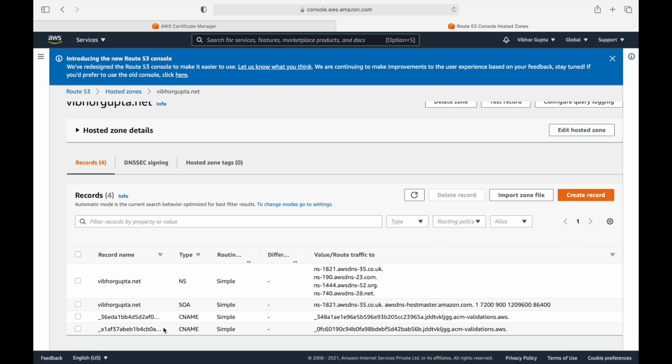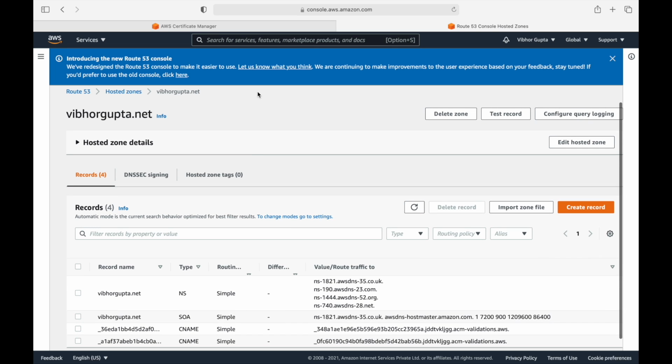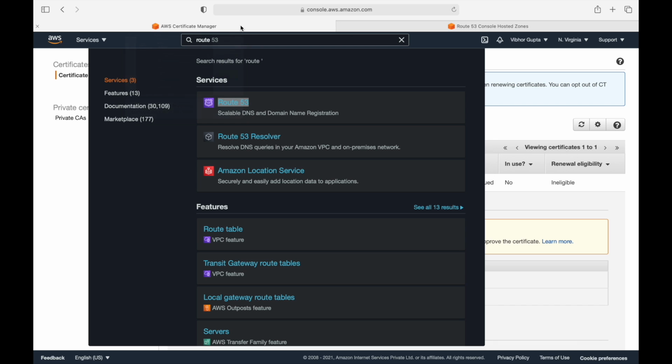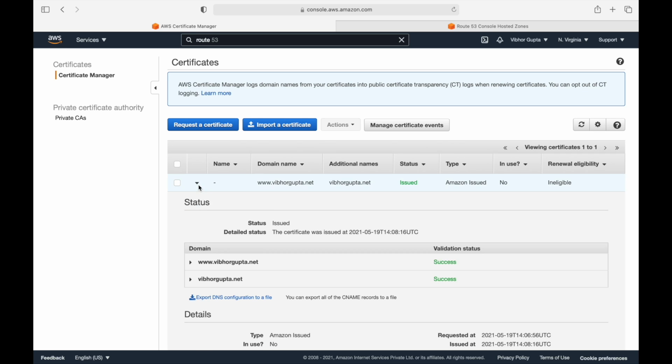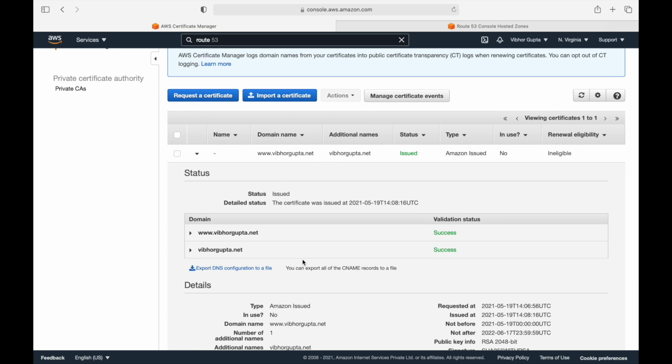Now we can see two CNAME records are created, and these are the default records that are created when we create the hosted zone. The name server record that we need to enter to our domain registry provider and the SOA record. Now let's go back to AWS Certificate Manager and refresh it. So both our records are verified.